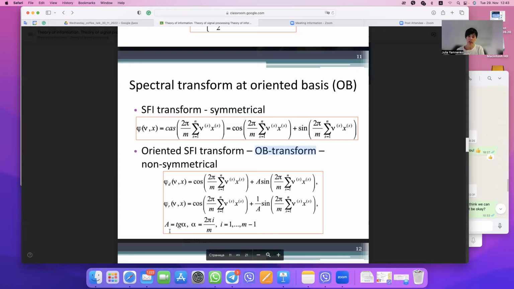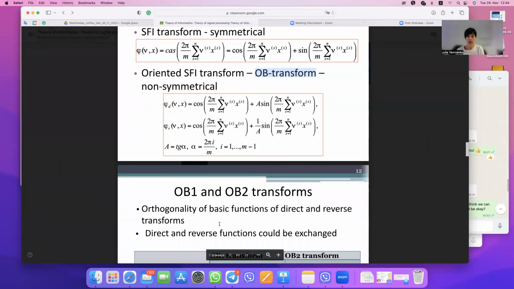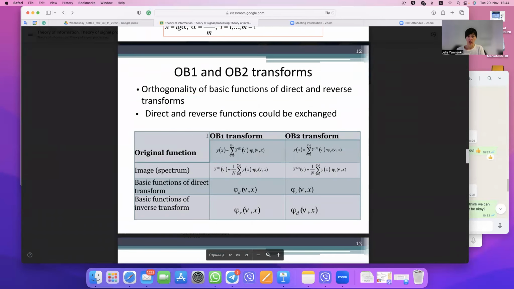The multiplier a is also defined as the tangent of alpha, but alpha is different than in the oriented Hartley transform. There it was 2 pi over capital N, and here we have 2 pi over m, where m is the base of our counting system and should be a simple positive integer number. So we could use this. And because in this case we obtain a non-symmetrical method,